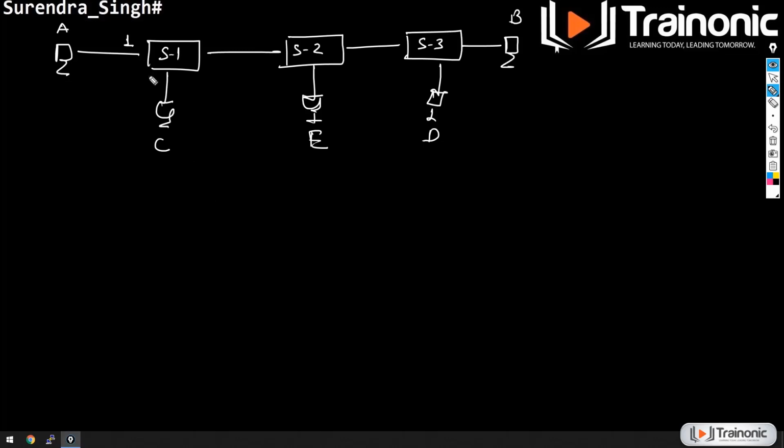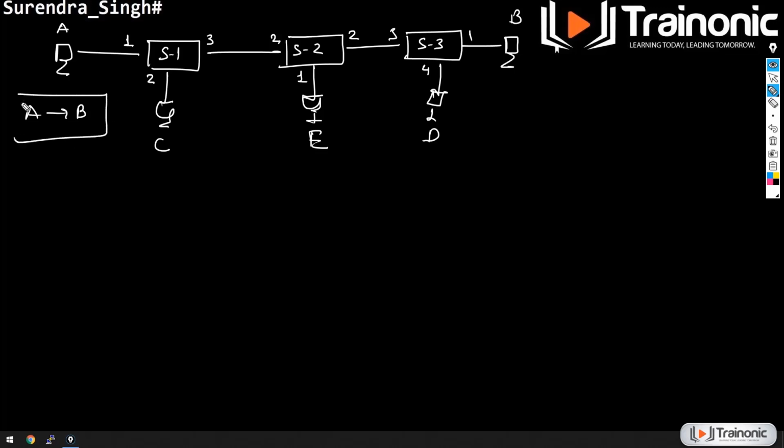This is port number 1, port number 2, port number 3, it doesn't matter. You can connect the device to any port. Now, let's say the device has sent the data from A to B.